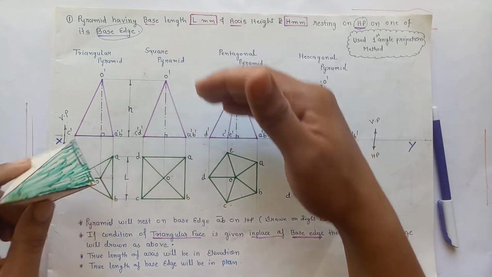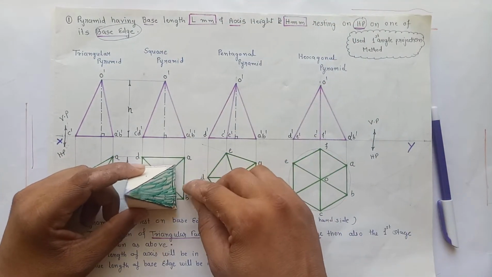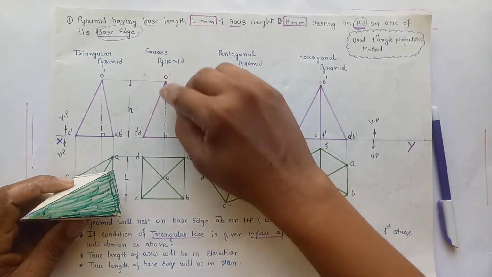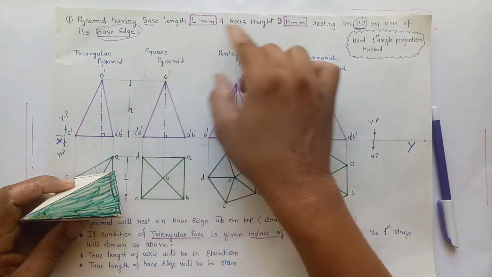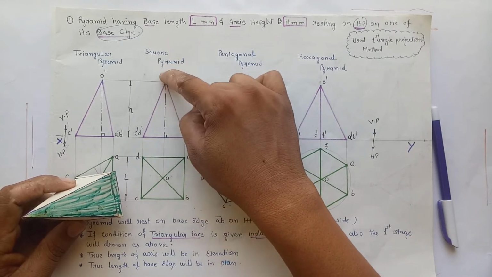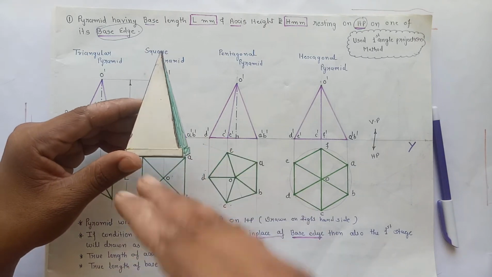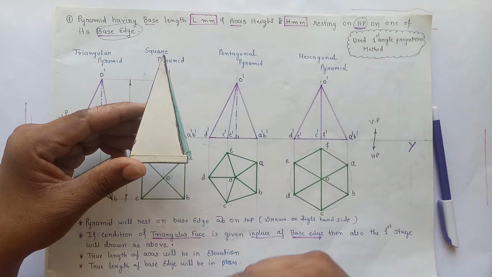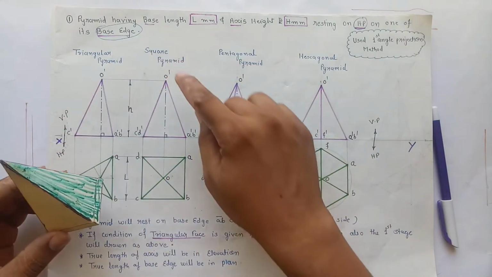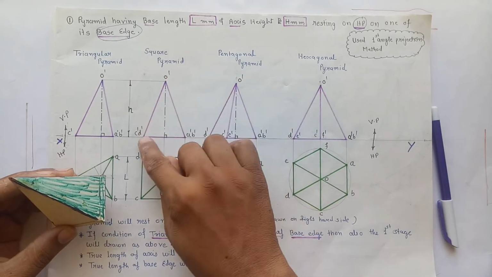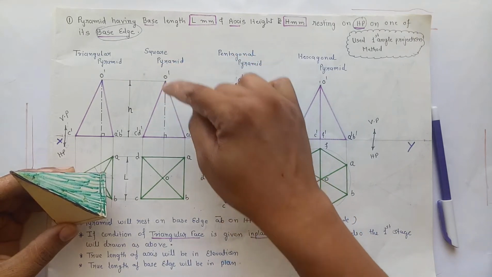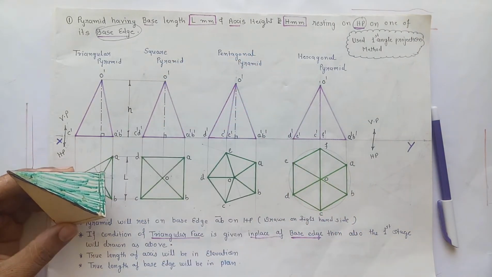Now if you want to show the elevation of the solid in the first stage, project A B, C D, this will be the base and axis. Here the axis height is h mm, so take the axis height equal to h mm. Mark the elevation of apex point O dash. If you watch the front view, you will see a triangle in the front view: apex point, base will be a line, triangular face. So join this O dash to C dash D dash and A dash B dash. So this will be the elevation of the slant edges, O dash A dash, O dash B dash, O dash C dash, O dash D dash.